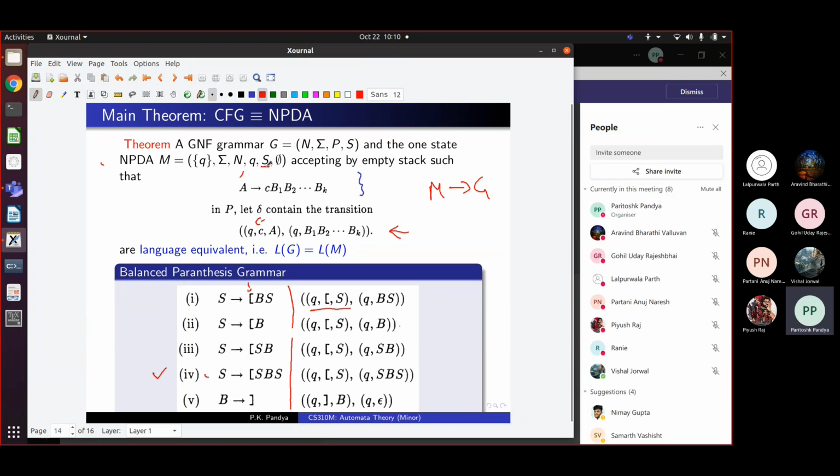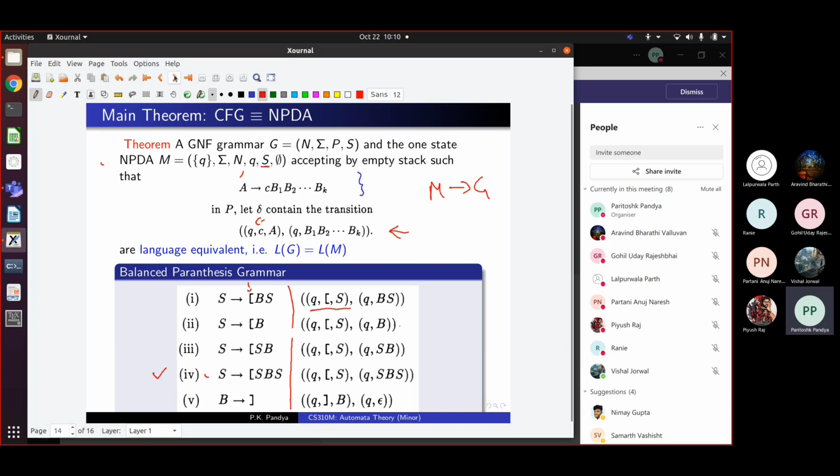So you are convinced that pushdown automata have exactly the power of, let us call this, extended Greibach normal form grammar, where this C can also be epsilon. So we have set up equivalence between one state NPDAs and grammars in Greibach normal form or extended Greibach normal form. Right? They recognize the same language. But what about the general case? Suppose we have a PDA which contains more than one state.